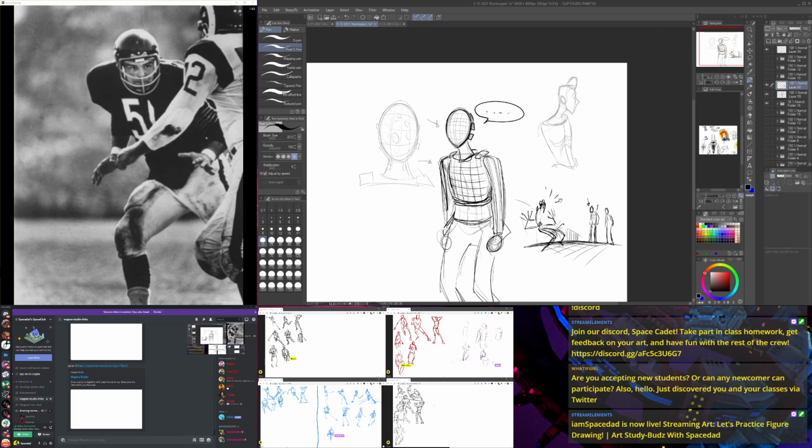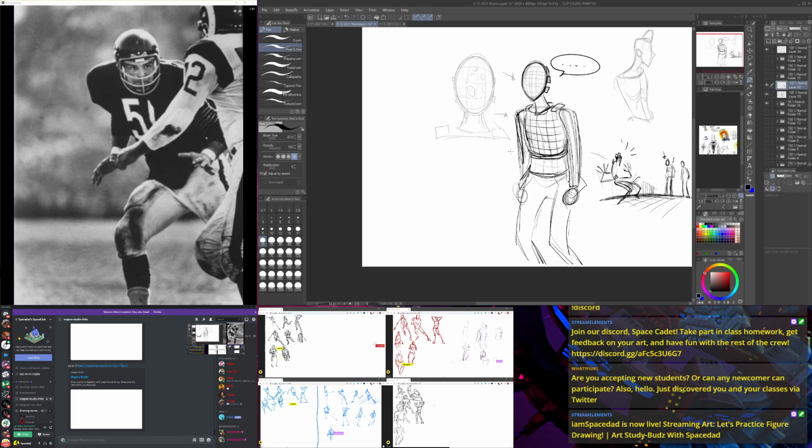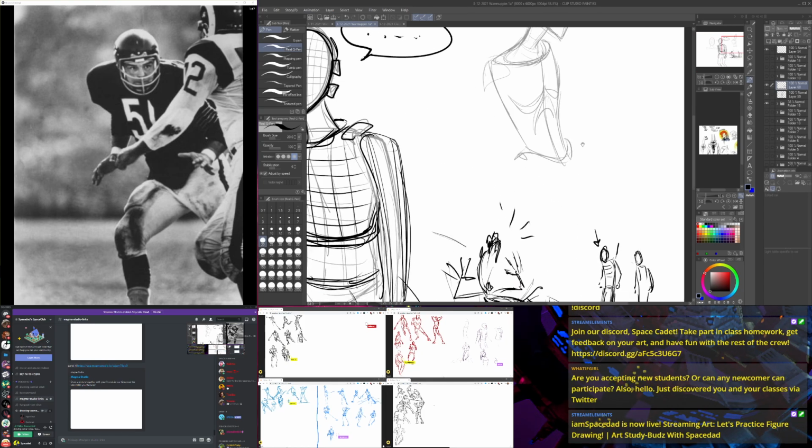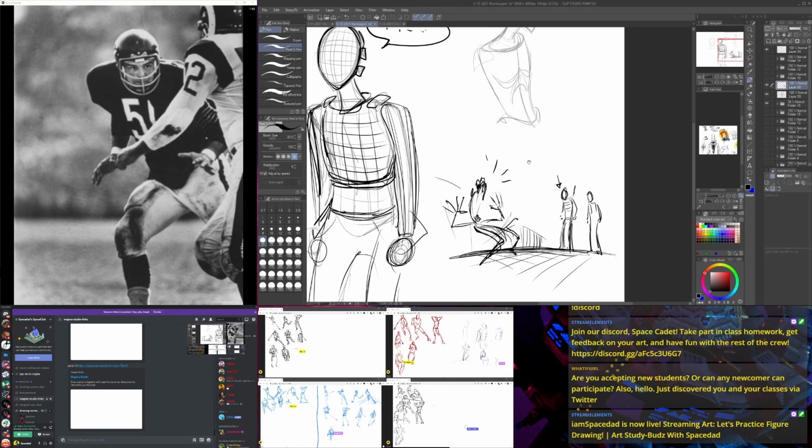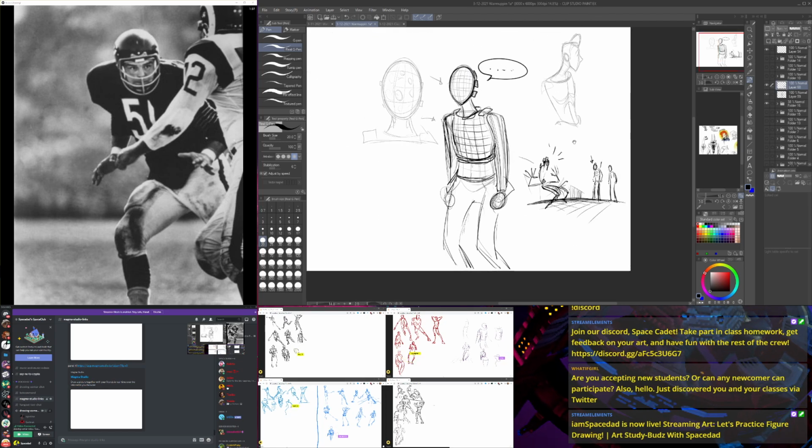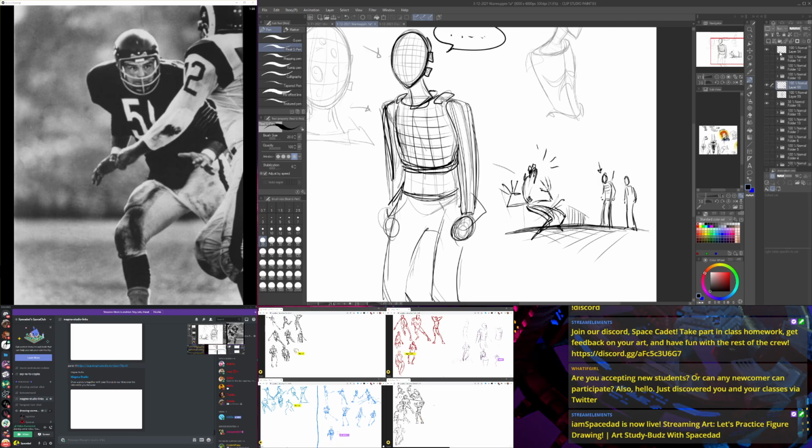So I am going to do a figure drawing tonight too, and I'll do a demo as well. But I'm also going to be doing little bits of story development for this idea too. I have some other things to share that I've been doing for a different story, actually 2 other different stories in addition to this. So 3 stories that I've been working on little bits and pieces for.